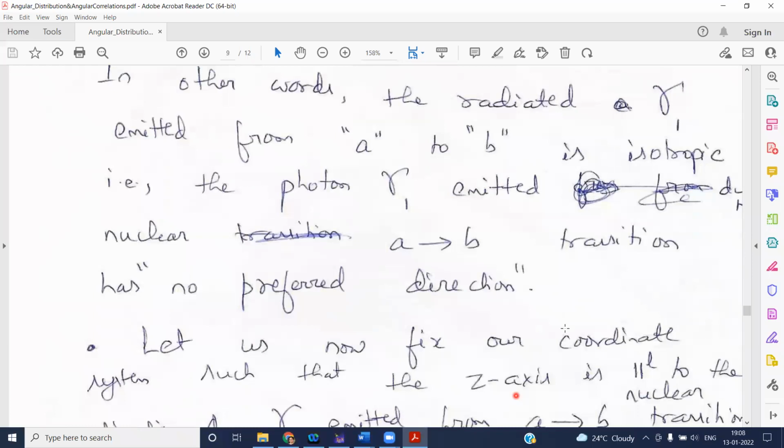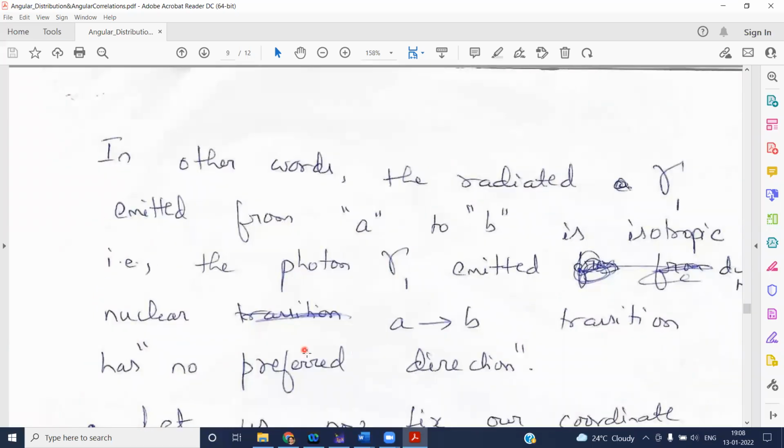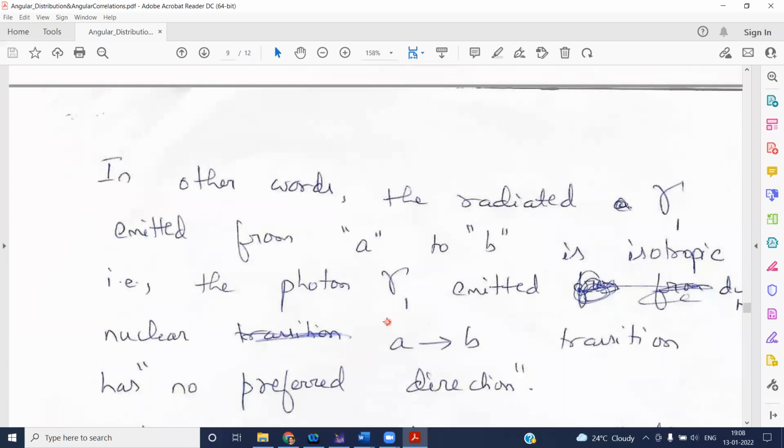Fine. So now let us say I fix the coordinate system. You have to tell me how you determine theta phi. To say theta phi, you have to have an XYZ coordinate system. I have to fix my laboratory coordinate axes. What is my X? What is my Y? What is my Z? All of us may take different values, but I have to fix one when I observe the angle theta phi at which I am determining the number of gamma rays entering the detector. When I do an experiment, I should fix a coordinate system.